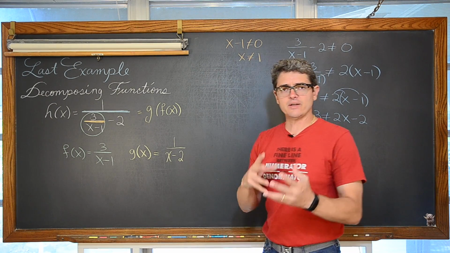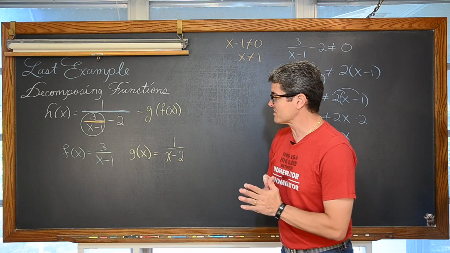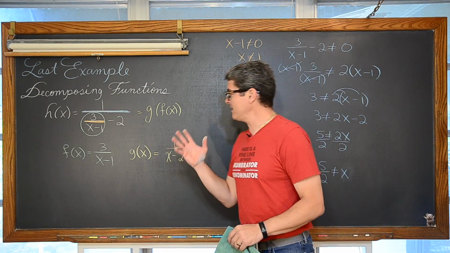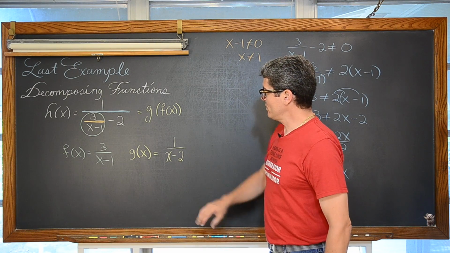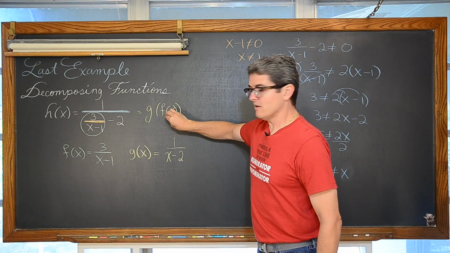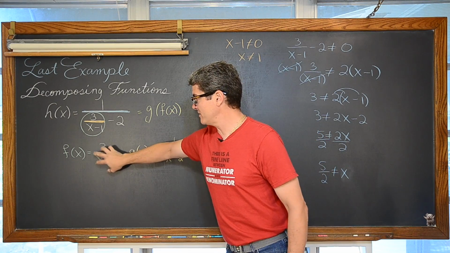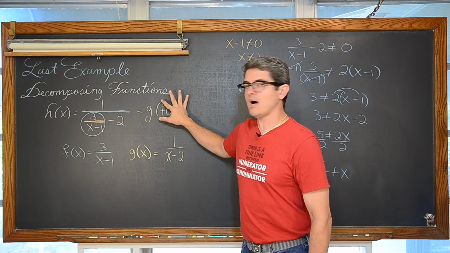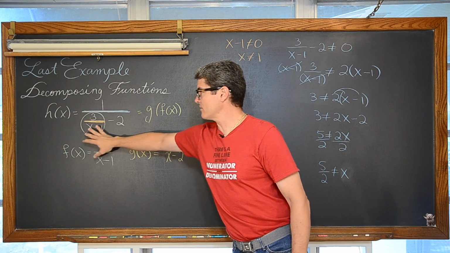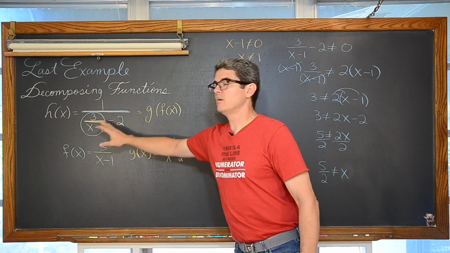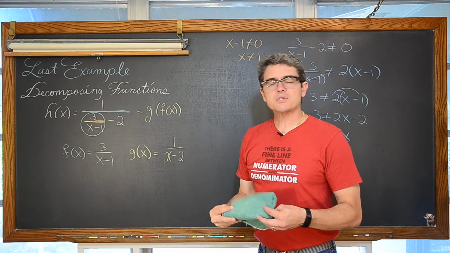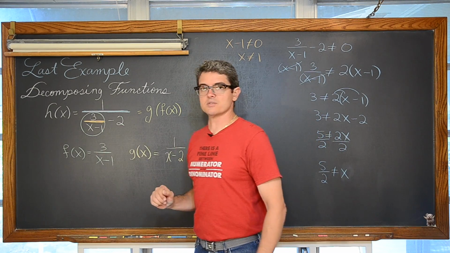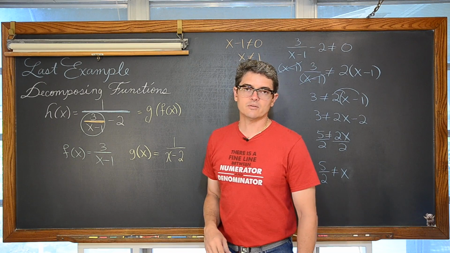Okay. Now, another cautionary note about finding the domain of a composition of functions, and we'll be done with this lesson. Be careful that when you find a composition of functions, you find the domain of what will be that inside function, in this case the 3 over x minus 1, and then you find the domain of the overall composition. That's the 1 over 3 divided by x minus 1 minus 2. Here's what's going to happen if you do your composition of functions and then simplify before you go to find the domain.